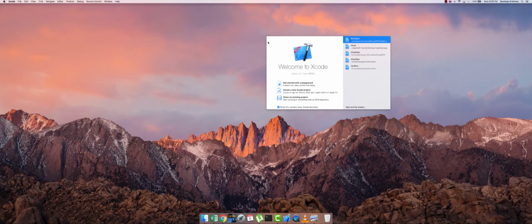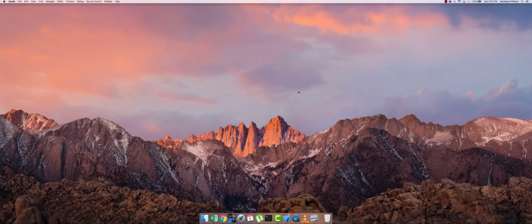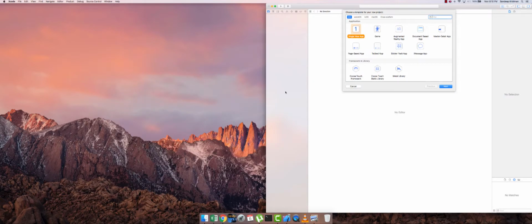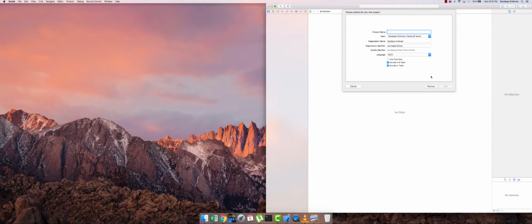Here is my Xcode, and I'm going to open a new project, a new single view app, and I'm going to call it Roll Dice, or just call it myDiceyApp. I'm going to call it myDiceyApp, why not? And say next,